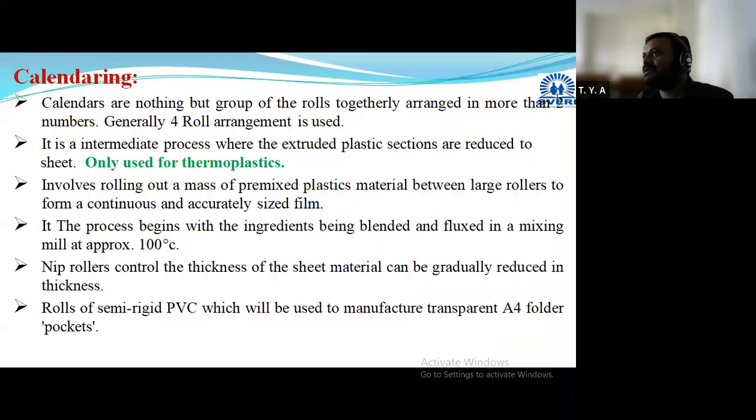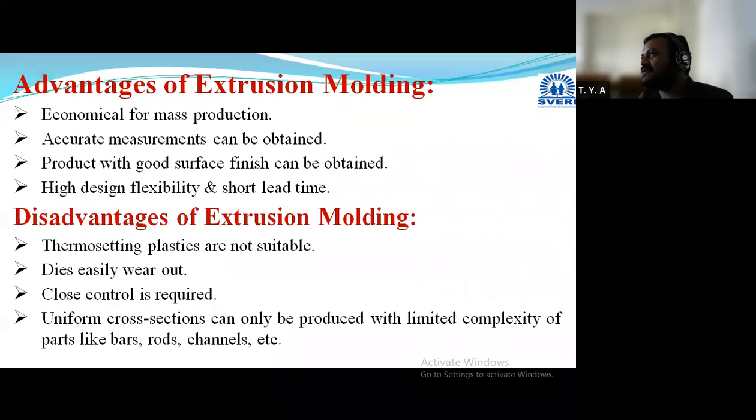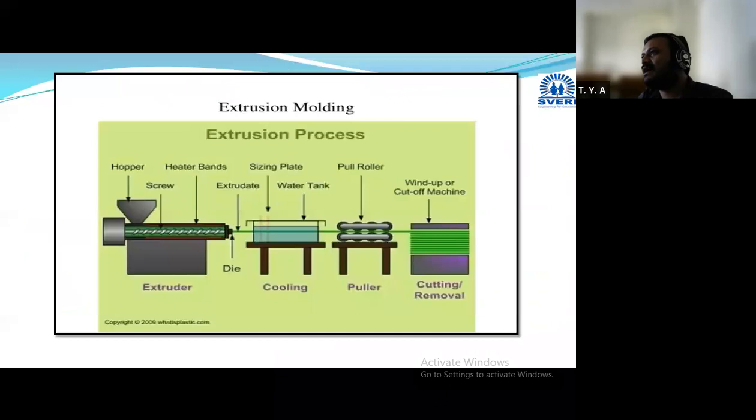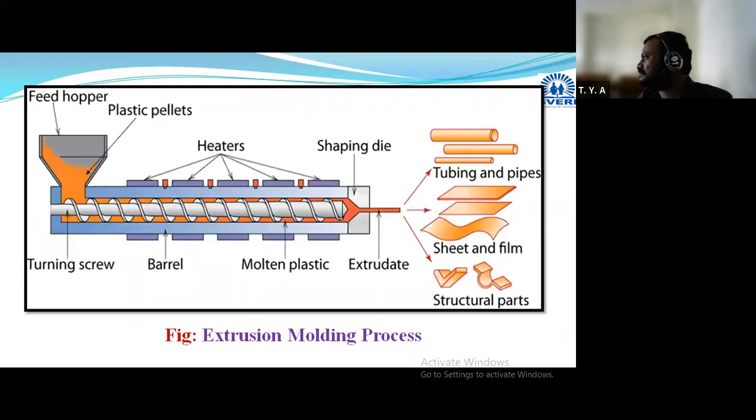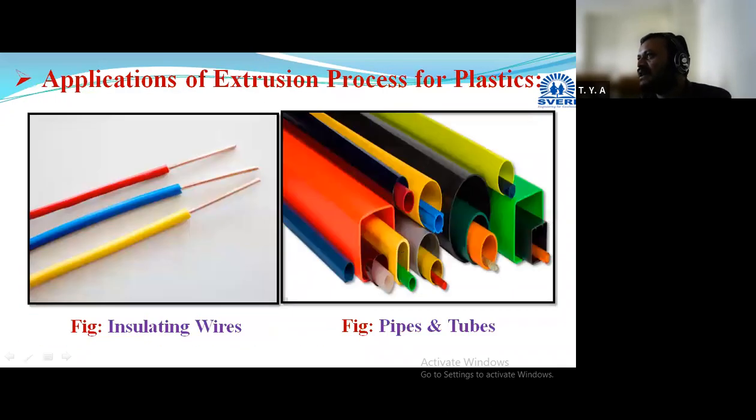Okay, I will show you the previous diagrams. Okay, this one is there. Calendaring method can be used, or you can go for extrusion also, with the help of extrusion molding process or by performing the calendaring operation. Now after extrusion only we are performing calendaring operation. Means we can form the sheets or films using the extrusion process, or with the help of this calendaring